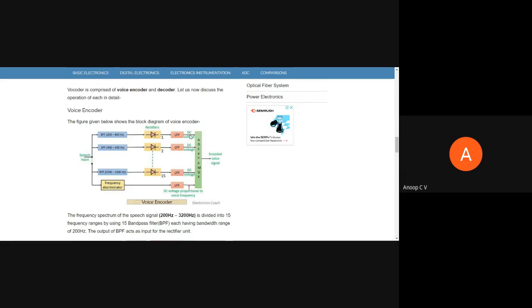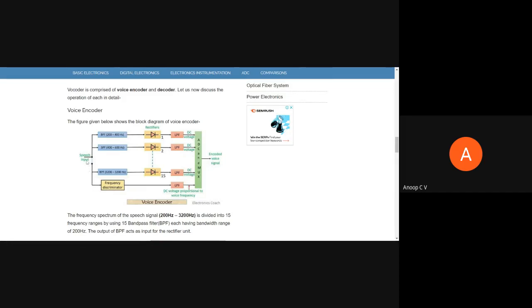So what we'll get is, corresponding to these frequency components, I'll get some DC voltage. What are the DC levels of these frequency components I'll get? Yes or no? Right. Yes, sir. So it's simple: a band pass filter, rectifier, and low pass filter, right? So we'll get some DC voltage. That is one thing. So we are getting all the different frequency contents. What is the frequency range? What is the amplitude range of the different frequency contents?